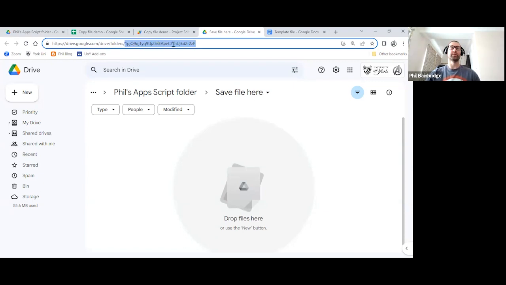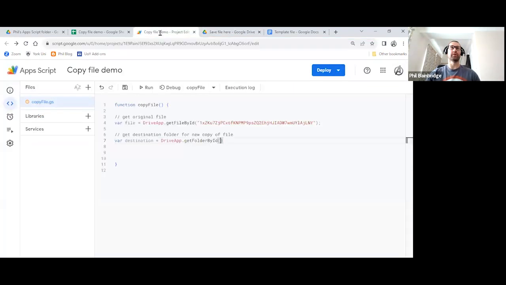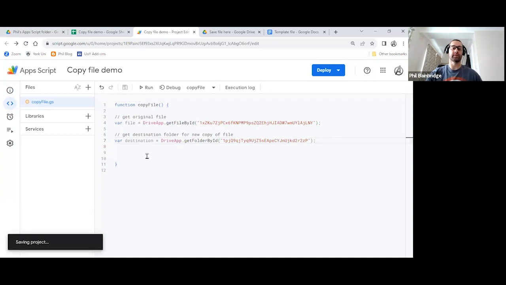Again, it's so we can move this folder anywhere in Google Drive and not lose contact with it in the Apps Script code. So in single or double quotes again, I'm going to use double quotes, just paste the ID in there. It should turn red to highlight it's a string. Semicolon to end your line and hit save at that point. So we're almost there.